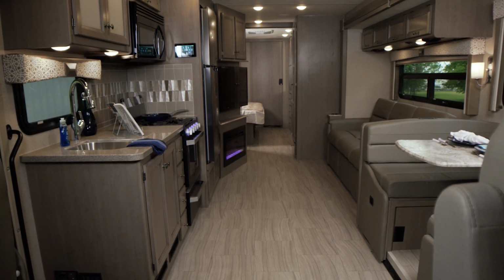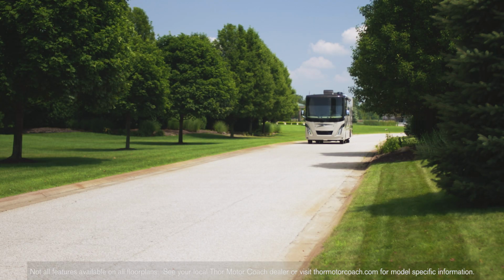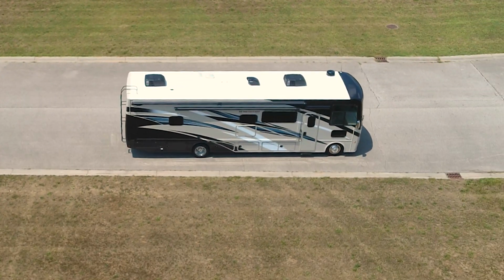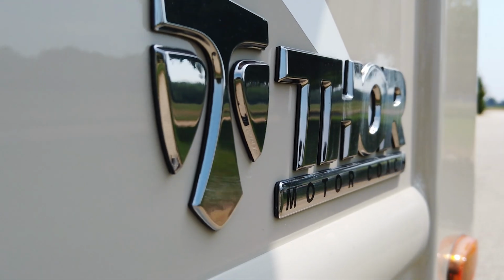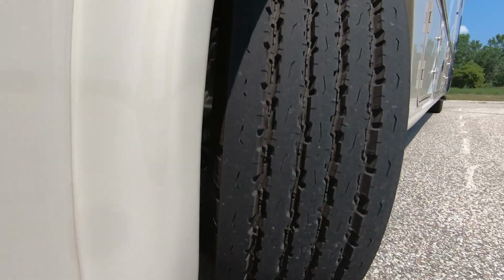With thoughtful floor plans, perfectly equipped for your entire family. Once you realize what traveling in a 2021 Windsport from Thor Motor Coach is all about, you will never look back. As you look ahead to your destination, you'll love the way the new Ford F53 chassis rides and handles. The new architecture and suspension means you are behind the wheel of a better handling, better balanced, better braking Class